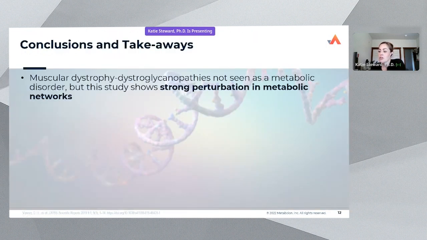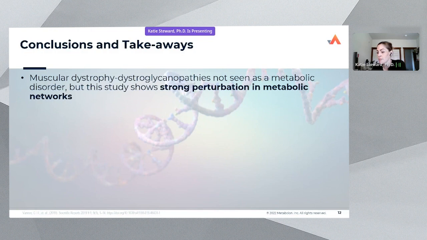Data from this FKRP muscular dystrophy model showed characteristics associated with the muscular disorder. We were really able to see that although this isn't characterized as a metabolic disorder, the metabolomics showed really strong perturbations in different metabolic pathways and networks. The AAV treatment was able to correct for specific metabolites that could be useful biomarkers of disease or progression of treatment efficacy. 1-methylhistidine and 3-methylhistidine could be utilized as muscle toxicity biomarkers, C-glycosyltryptophan as a biomarker for evaluating longitudinal